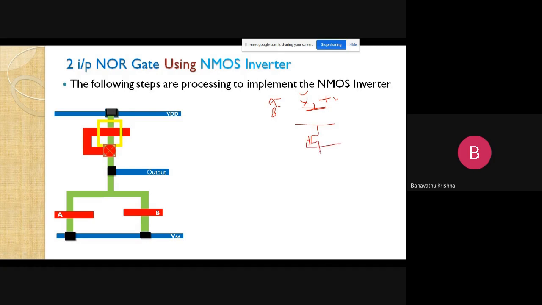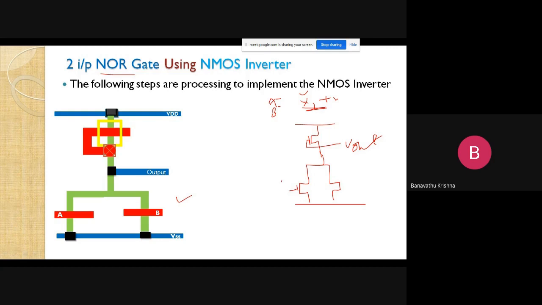Now let us observe here. There is no change in the depletion region, no change in the pull up region. Only the changes occur in the pull down region, based on the logic, right? Now I want to make these devices in parallel notation. Okay, this is the output response.